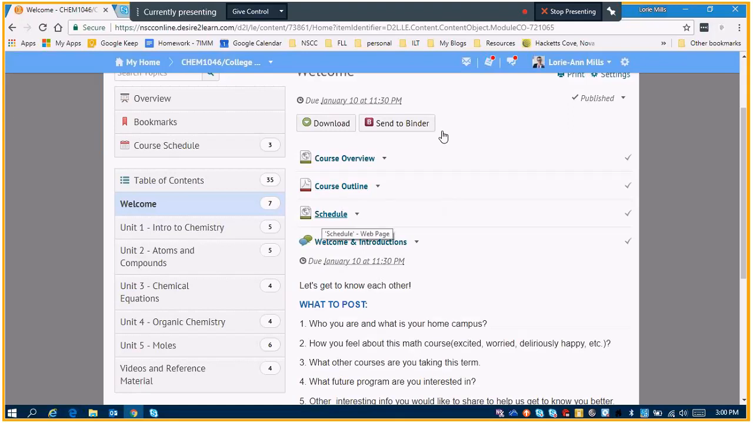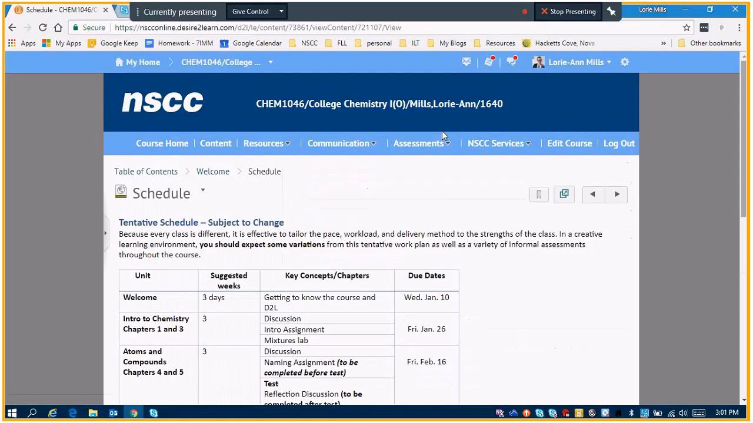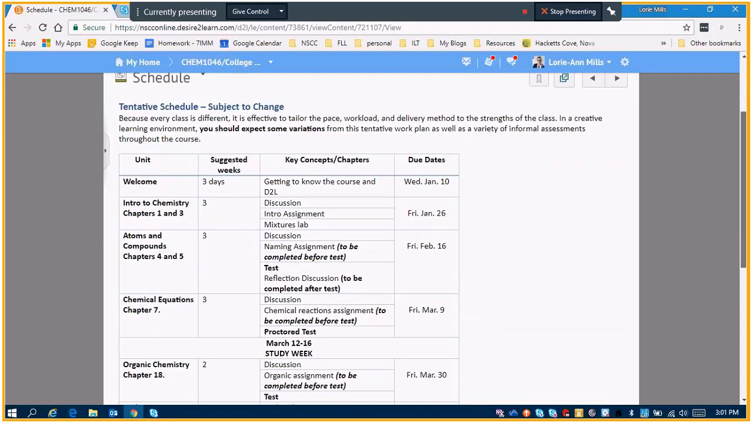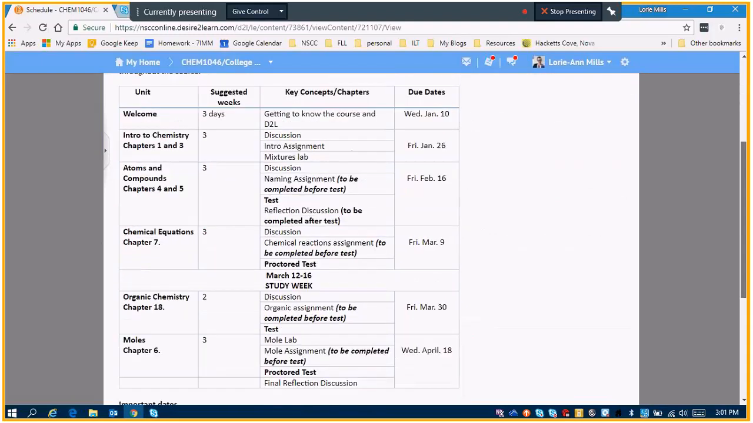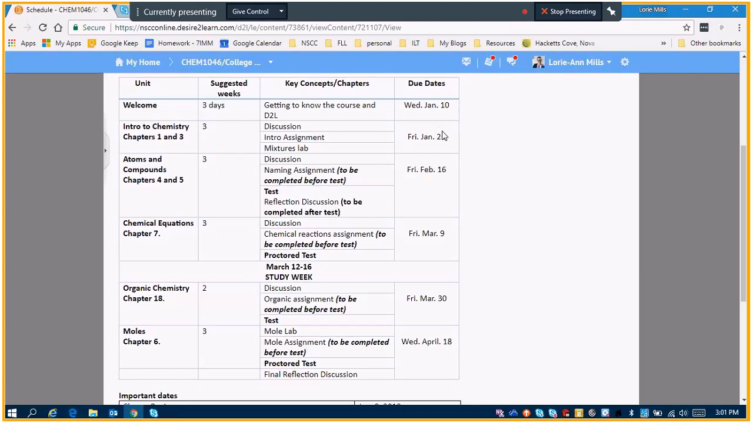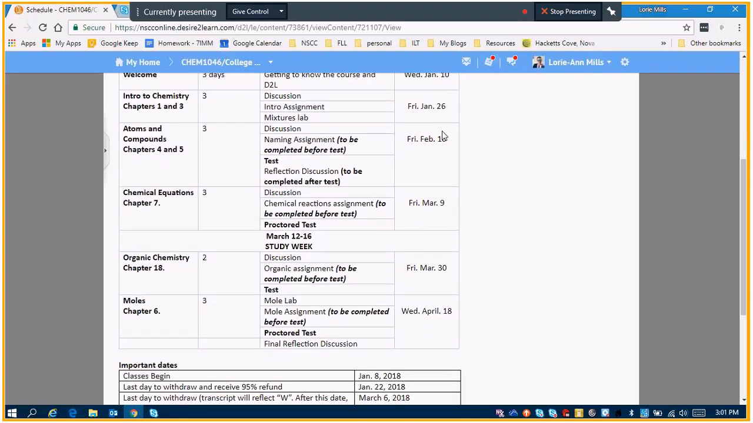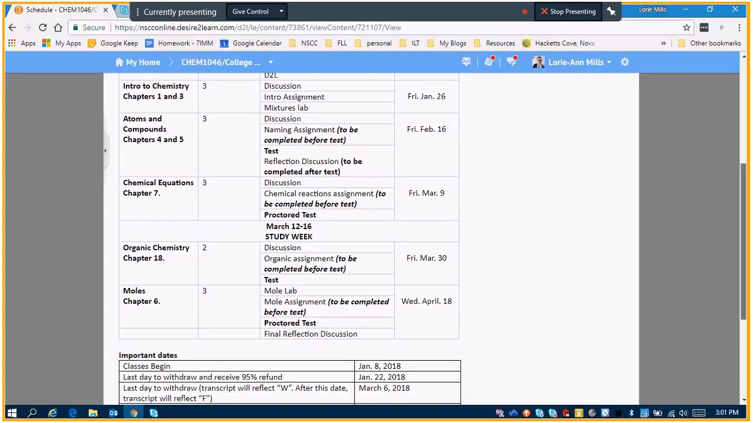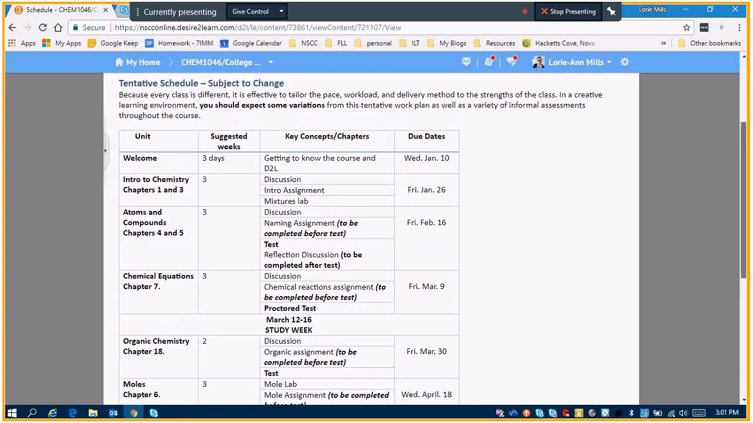Now it had a schedule, but I also have a schedule here as well. And just for quick reference when you want to see what's due. And you can see that we have tests start in Unit 2. And then we have 2 proctor tests, one for the chemical equations unit, and another proctor test at the last unit about the moles. So there are 2 proctor tests out of the 4, meaning that you must go to a campus of your